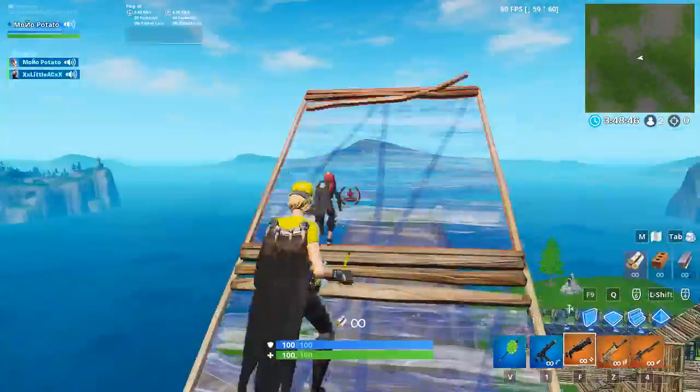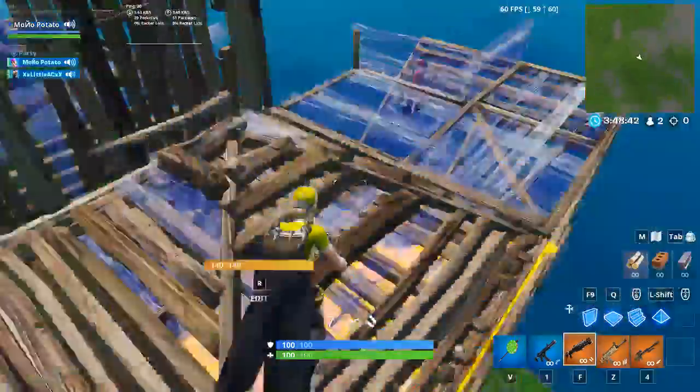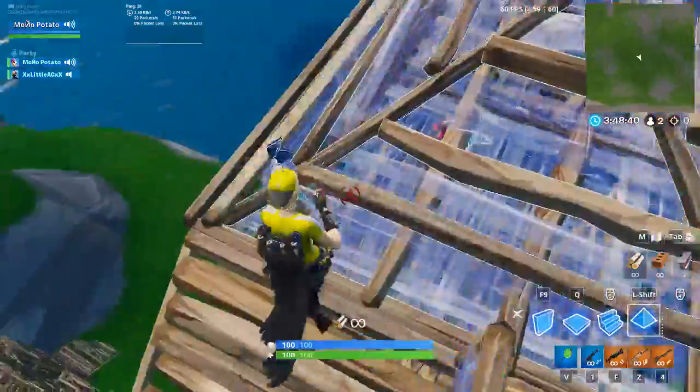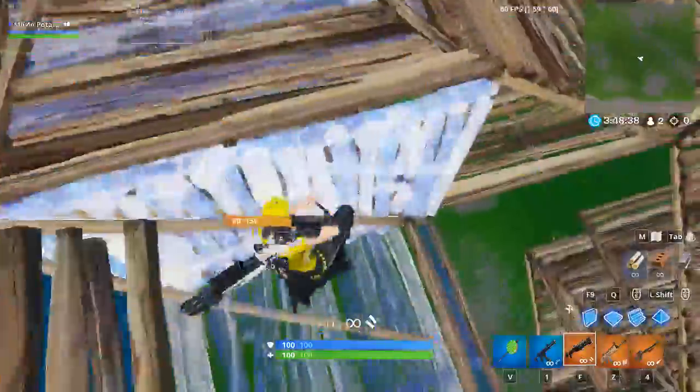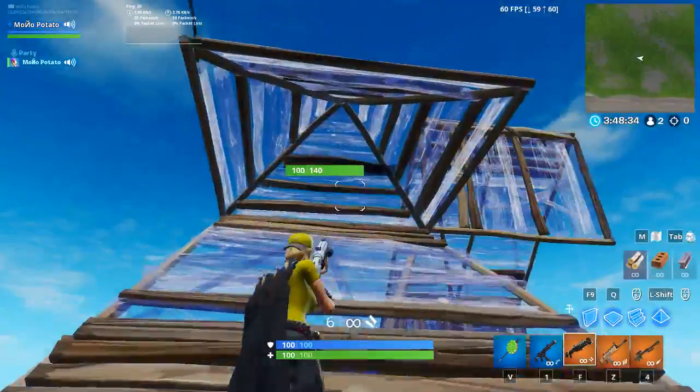So another thing, if you're going to cone someone, say you manage to get under their stairs somehow, that's also a good trick right there. When you put down...